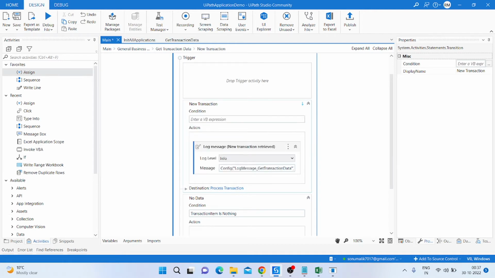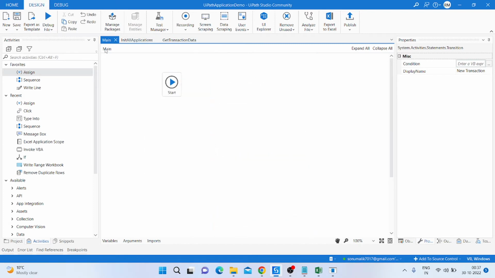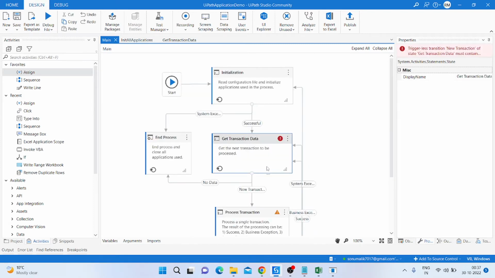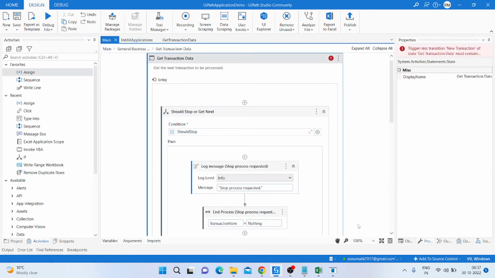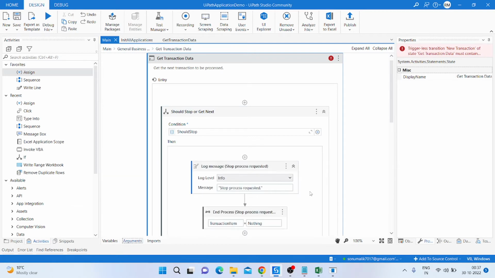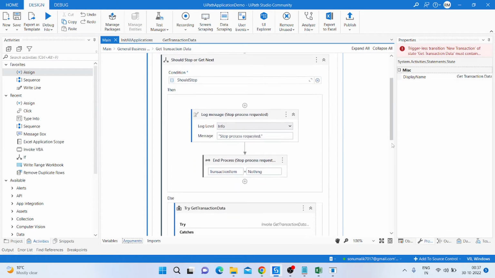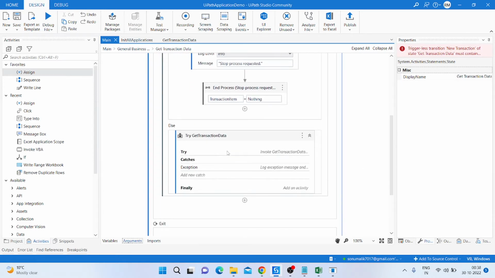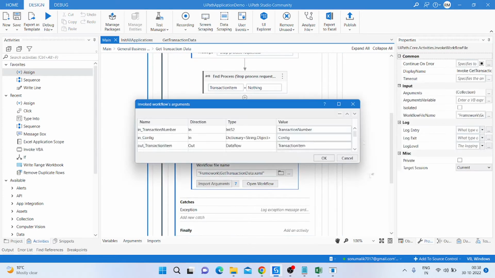Okay, just save it and go to the main menu. And we now provide the in transaction output, just click on here and then check the